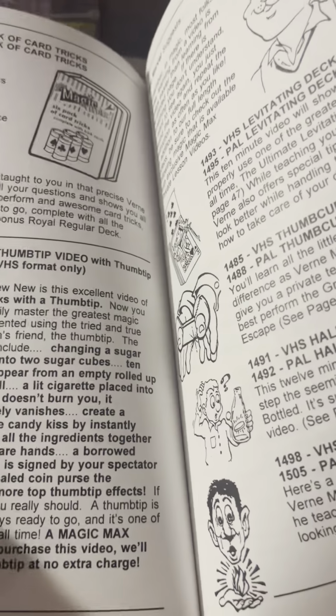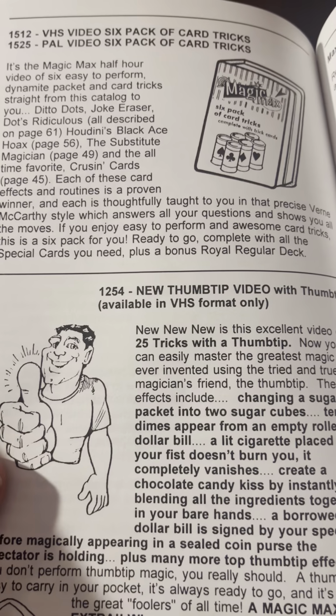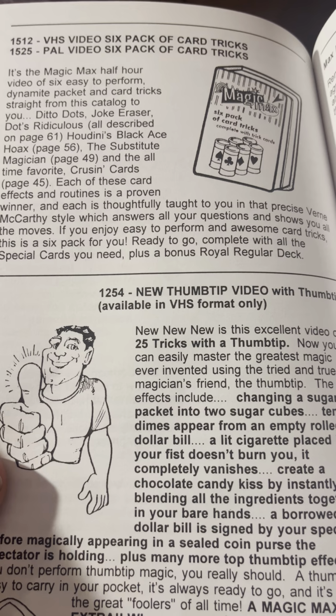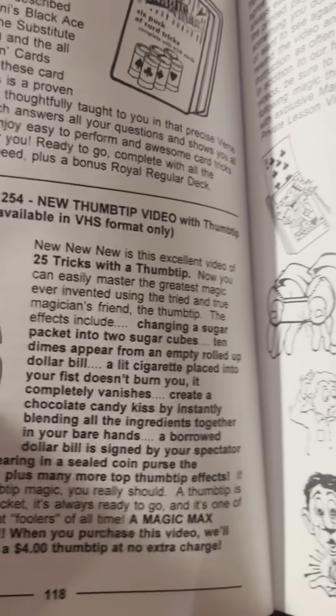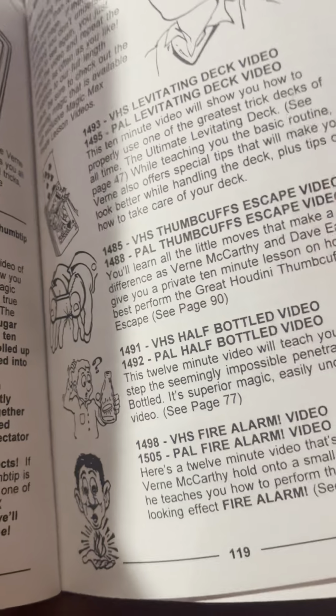What else did they have? Oh, a six pack of card tricks. Was that the? Okay, that's a different one. I never had that one, but I think I know a few of those in there. Let's see. And these are more videos, VHS tapes,